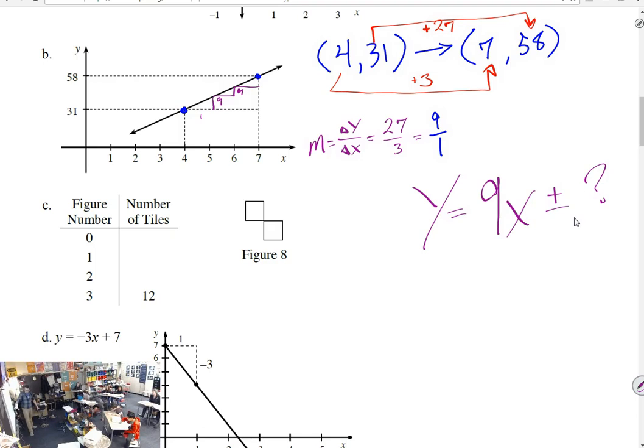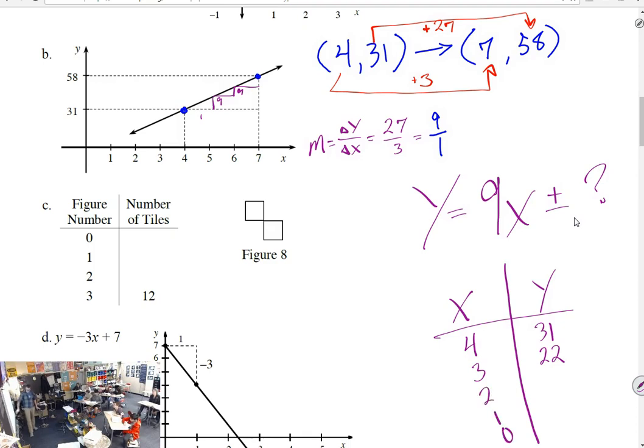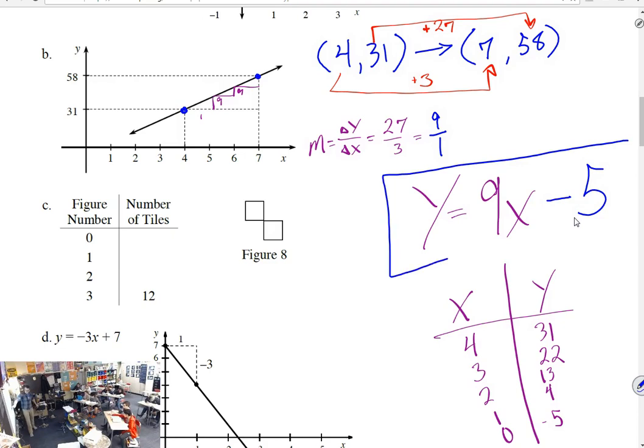So your table, say we want to go down, we have 4 and 31, right? To go down to 3, how much does my y go down? 9. So what do I get? 22. Minus 9 again to get to 13. Minus 9 to get to 4. Minus 9 to get to 0, negative 5. So my equation becomes 9x minus 5. Or plus negative 5, but that's not very clean, so we would normally just make it minus 5. And now we have to